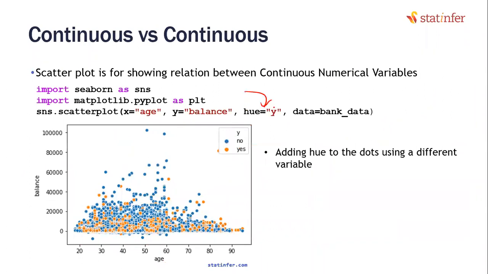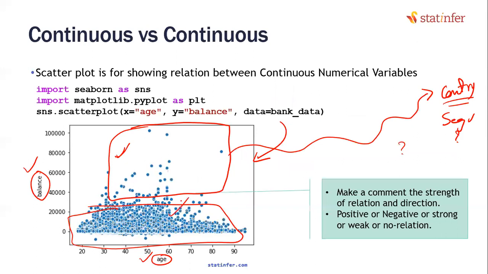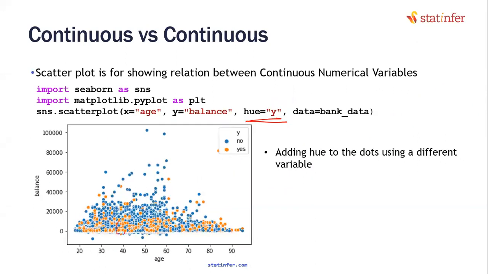I'm adding a new variable called y. Apparently y itself is the variable name; one of the variable names in the data set is y. What I'm trying to see here is, if I add that variable to the color, is there anything happening differently? Is there any particular pattern that I'm observing? But in this graph, even if I add a new variable, I don't see anything very peculiar happening. Whatever the usual pattern was, the same thing can be observed in our amber, the same thing in blue. So even adding a third variable is not adding clarity.